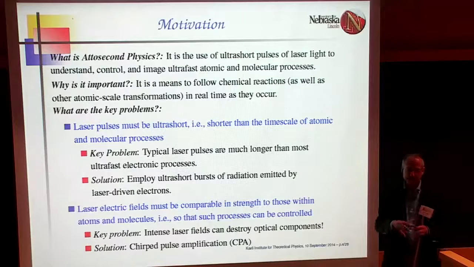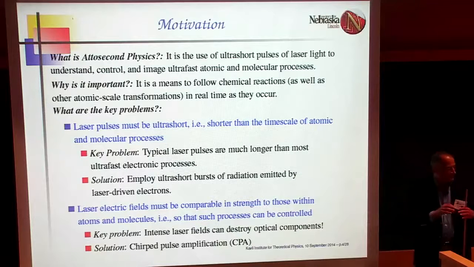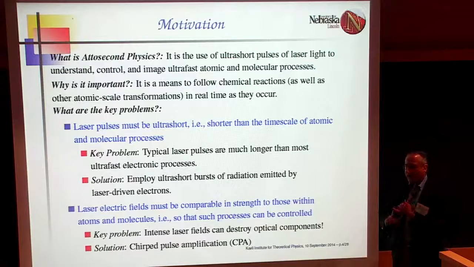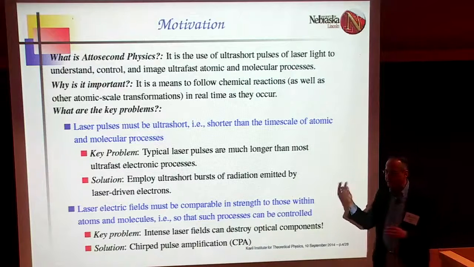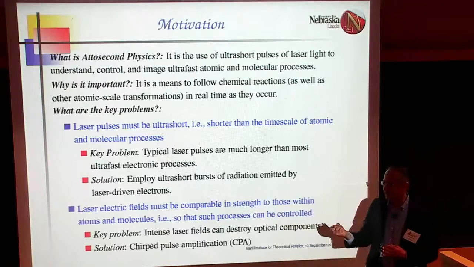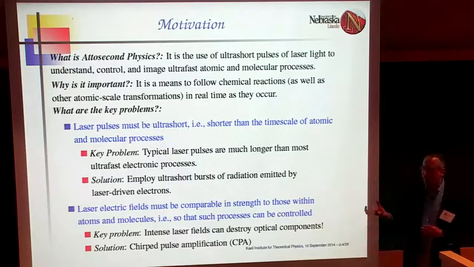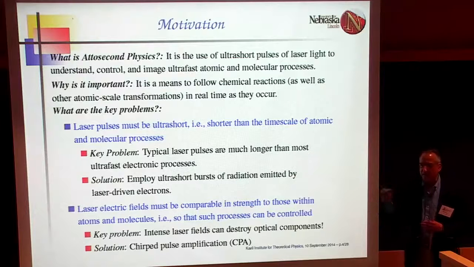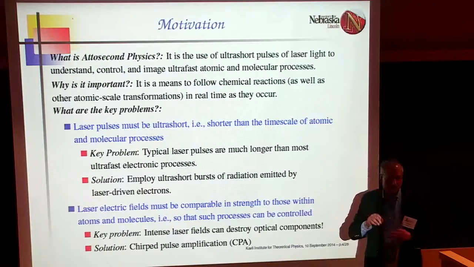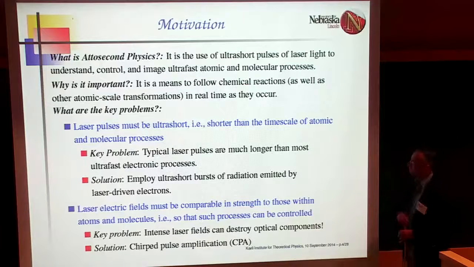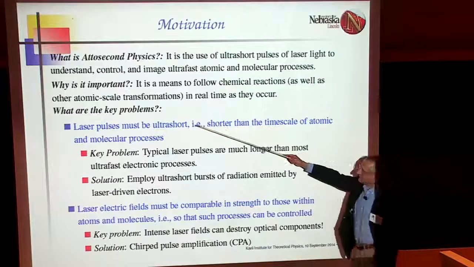The idea is if we could observe atomic, molecular, electronic motions as they occur, we will, one, gain understanding of these fundamental processes like photosynthesis. People really don't understand photosynthesis. They would love to know how to make it more efficient to capture sunlight. But you don't have a way of seeing in time how the changes occur. And if you don't see it that way, you can't manipulate things to maybe improve on the way things are happening. Okay, so what are the key problems?